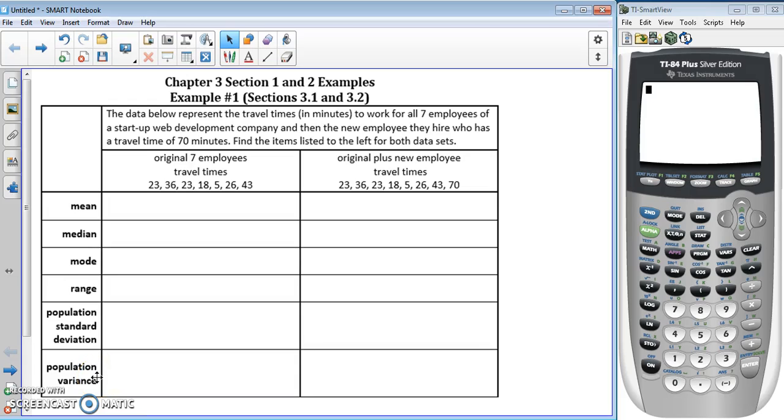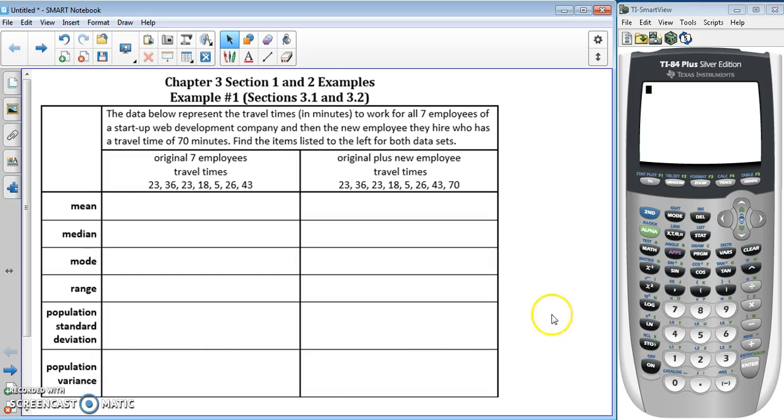So in this video, I'm going to go through and do an example with you guys, show you how the calculator works to compute some measures of central tendency and some measures of dispersion and position. So just kind of talk about where they're at and how they work, and then we'll dive later into it. So probably won't go through this whole example, but just mainly showing you where things are on the calculator and